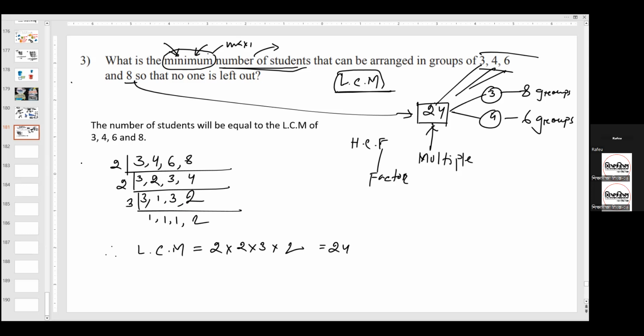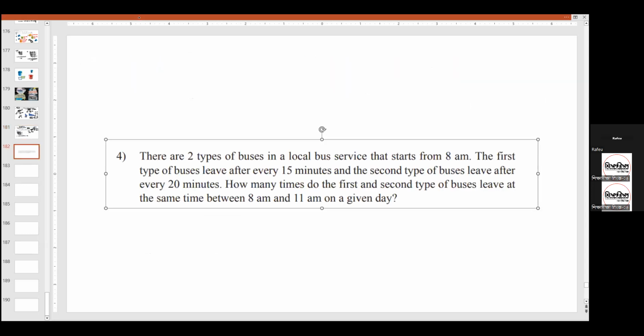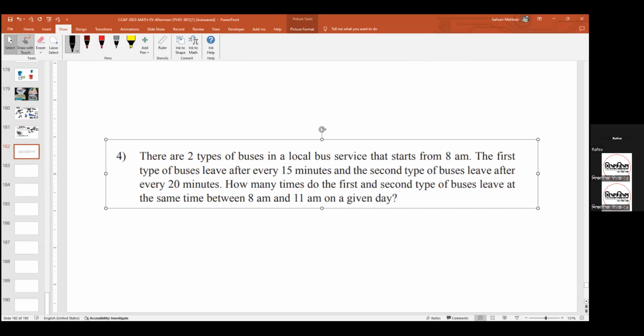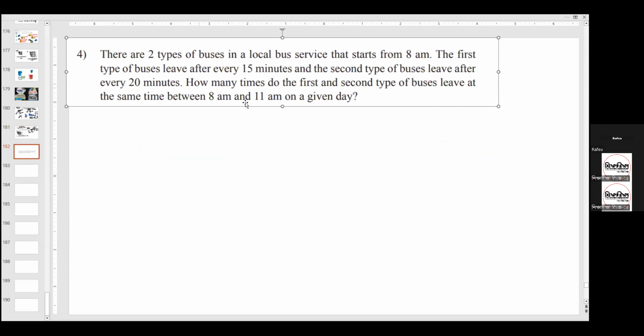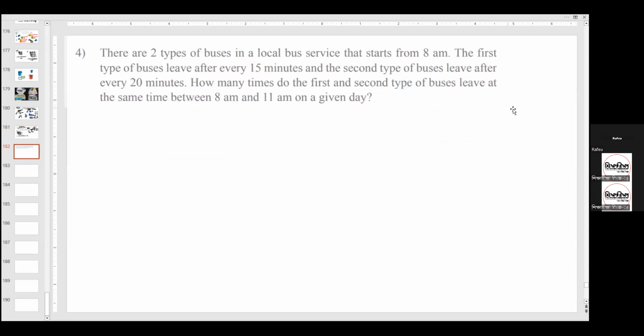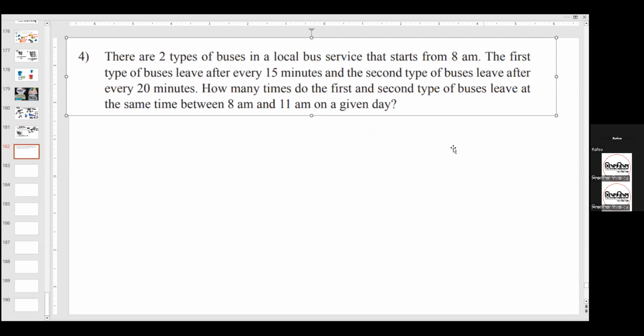Next, we have another question. There are two types of bus service that start from